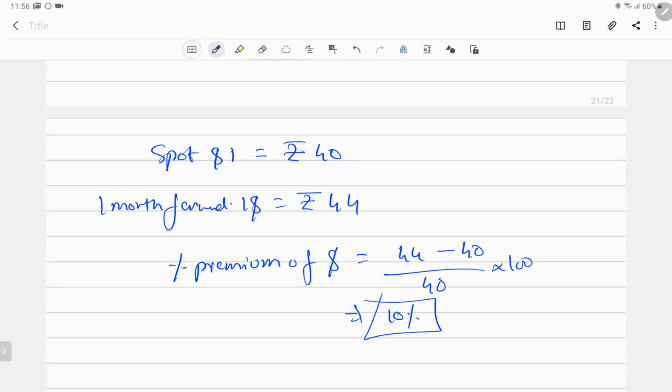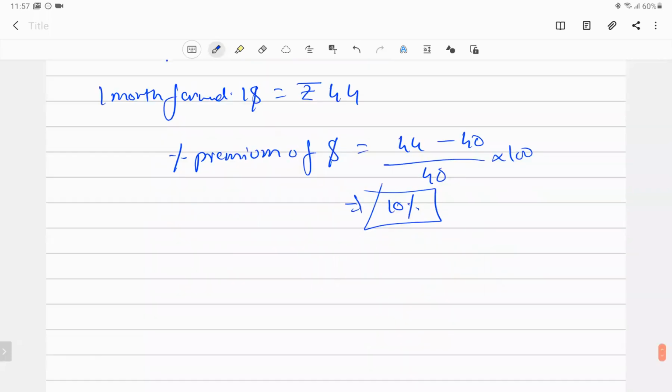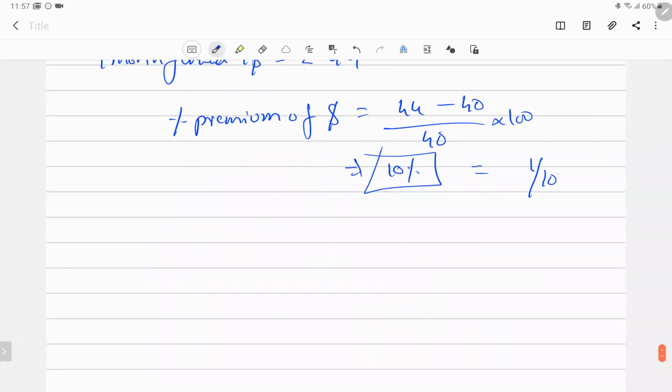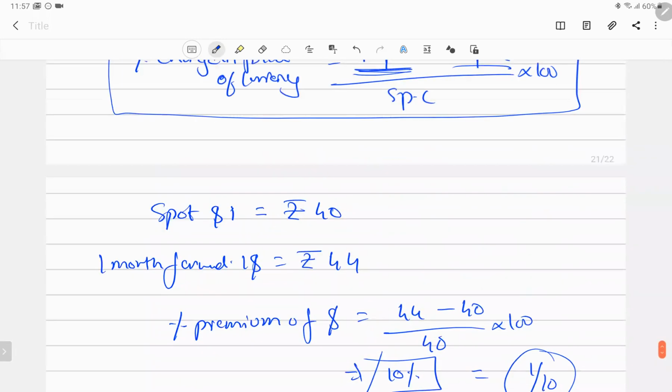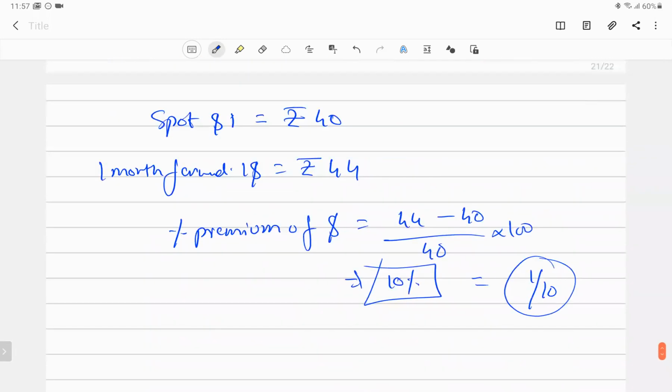So it means when the speculator knows there is a 10% premium, you're going to get a 1 point or 2 point advantage, or I can say 1/10 of advantage you'll be getting. Normally you find a lot of hedging opportunities when you see the exchange rate. There are a lot of arbitrage opportunities available, if you have a strong grasp of the exchange rates.